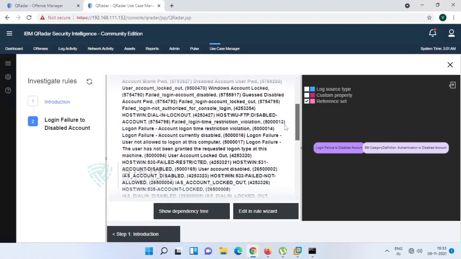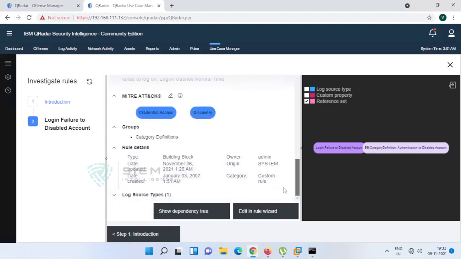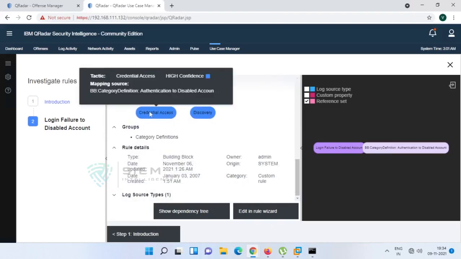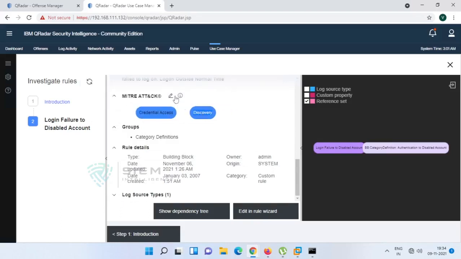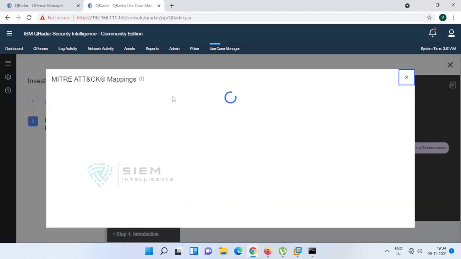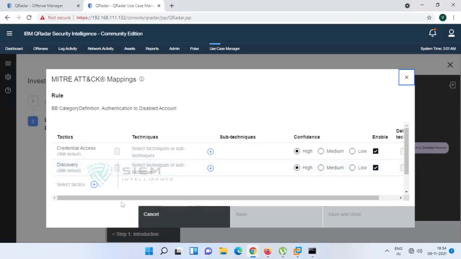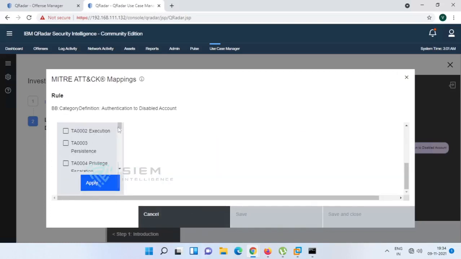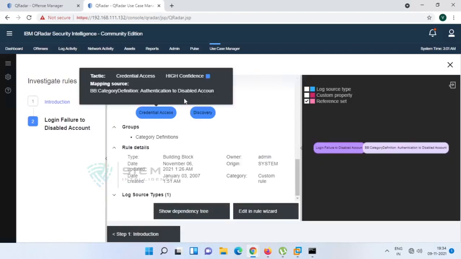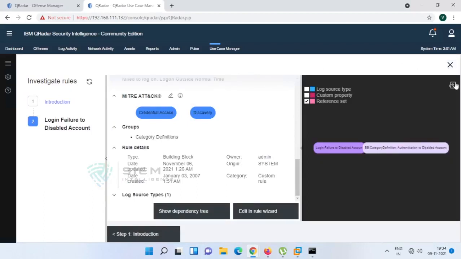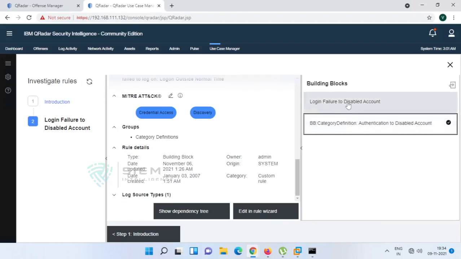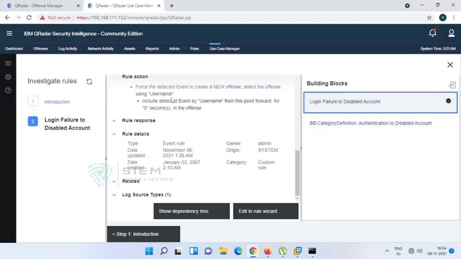this is the condition of that particular rule, same condition, it got it from your system only. So after this, just go to credential access and all. If you want to manage mappings, if you want to change the mappings, if you want to add anything, you can add it from our available tactics and techniques and save it. If you want to change this particular attack framework, if you just click this, you will get all this over here itself. See, this is the building block and this is the actual rule.